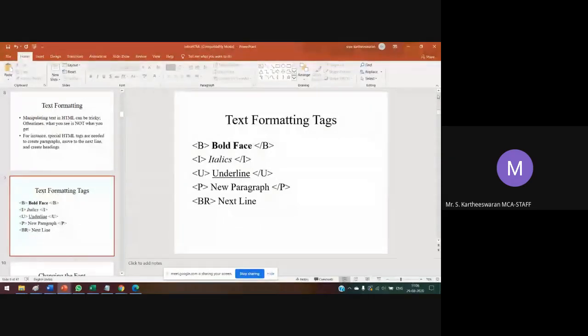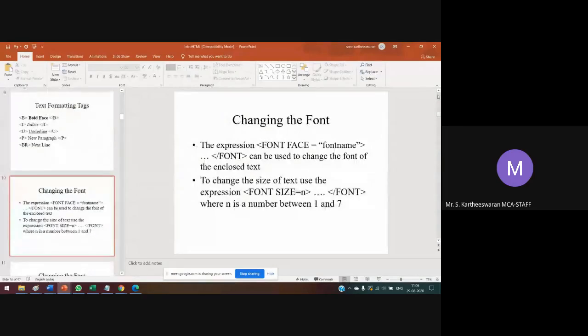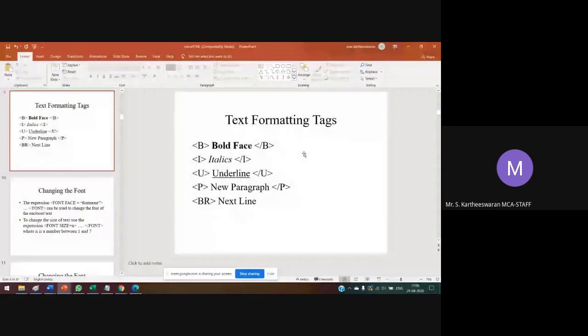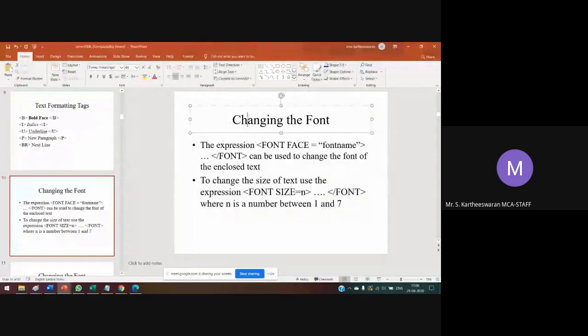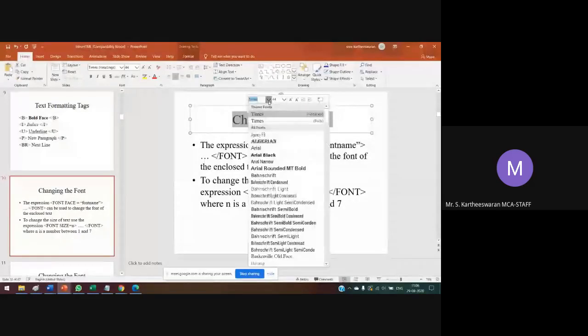Okay, changing the font. Changing the font means, if you are using Microsoft Word, we are using a lot of font faces. For example, here we are shown a lot of fonts like Times, Algerian, Arial Black, Arial Narrow, Arial Rounded, MT Bold.